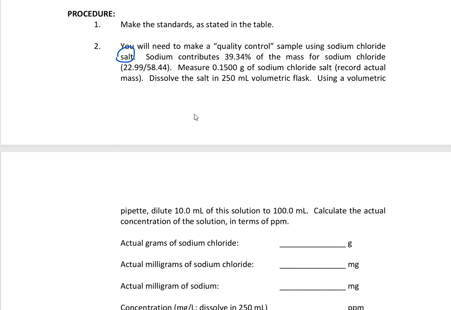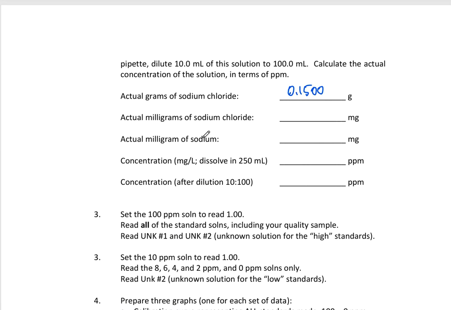So the way that we prep this here, it tells us we need to measure out 0.1500 grams. Let's say that we did this just straight out and it became even and it was 0.1500 grams. That's great. I'll write it here on the blank. I'll go through an example calculation for you, but there is a chance that this was not done. There is a chance that your number would be a little bit lower or a little bit higher, 149 something